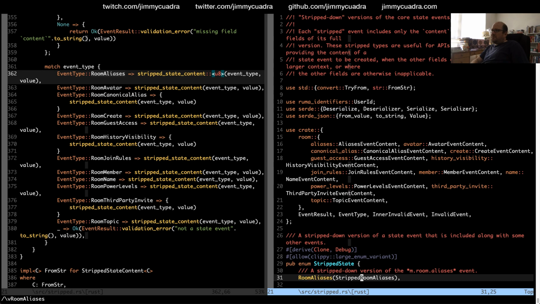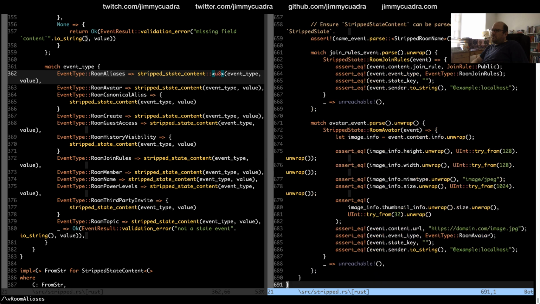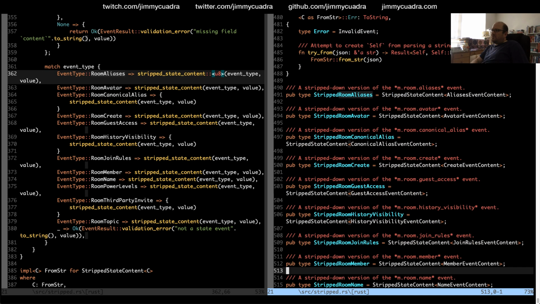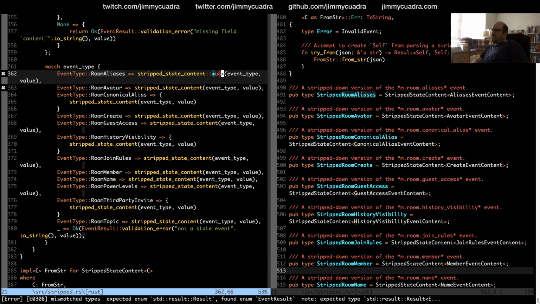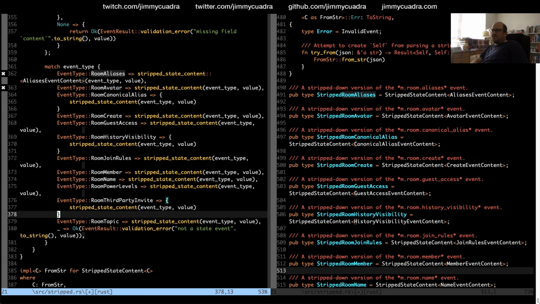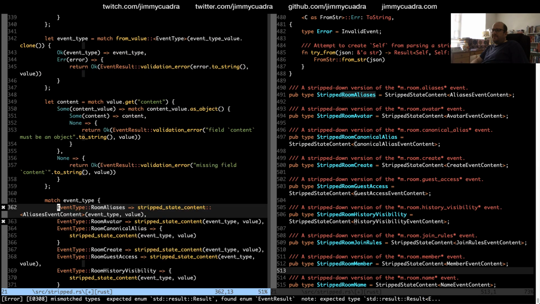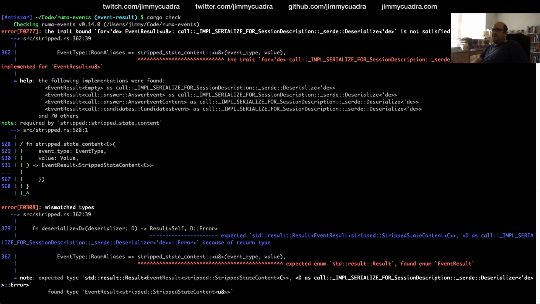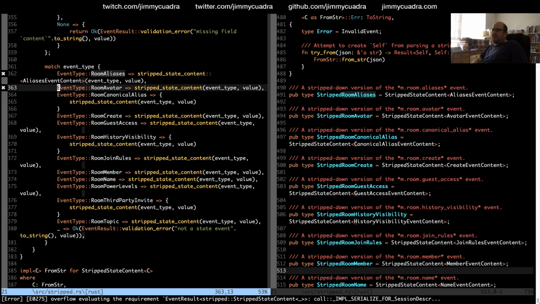Stripped room aliases. Let's try aliases event content. This still doesn't really make sense because... I don't know, I guess it does. Let's see if it cries about that.